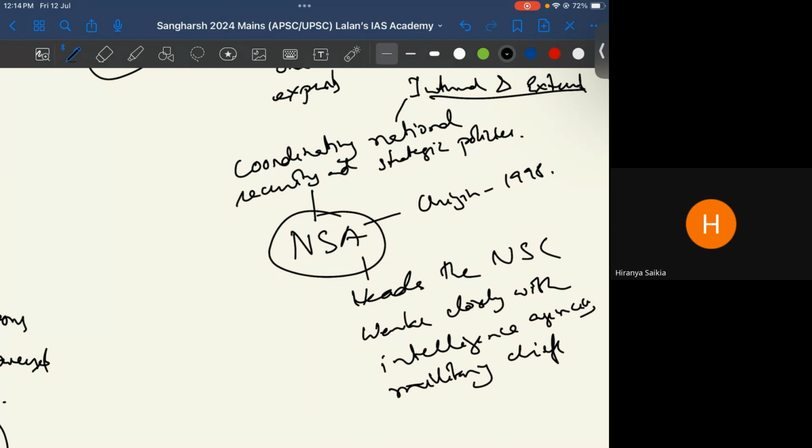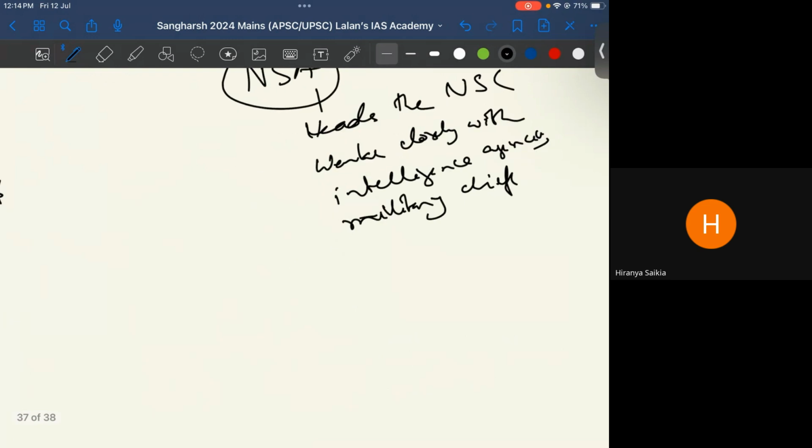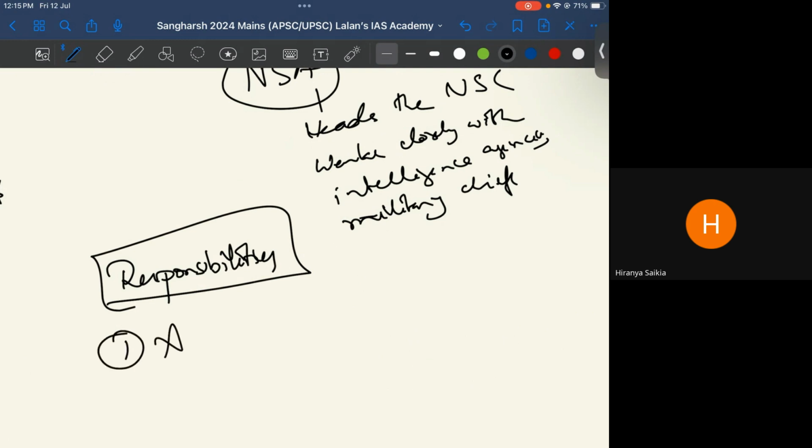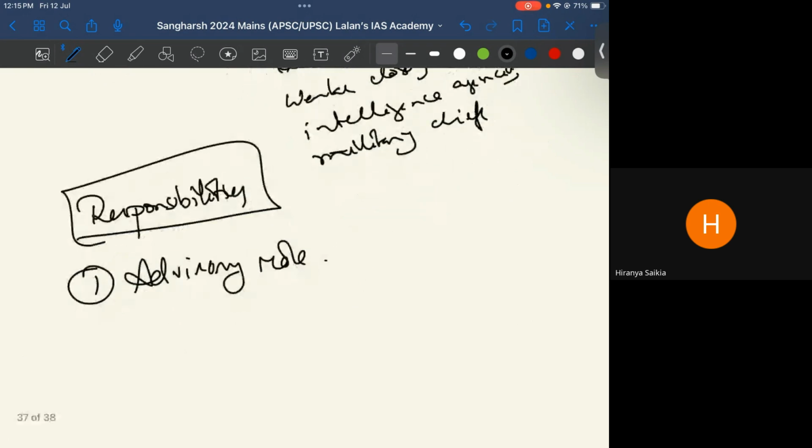the policies. এতিয়া মানে if you talk about his responsibilities, প্ৰথমটো he has the advisory role. So he provides strategic advice to the PM with issues of national security. In fact, এতিয়া China ক্ষেত্ৰত ডোকলামৰ পিছত যেতুৱা হৈছে, sorry, Galwanৰ পিছত যেতুৱা হৈছে, the negotiation is done at an NSA level only, na. I hope you know this, na. China যেতুৱা border negotiation হৈছে, Doval is the point person for India. I hope you know that. It's not Jaishankar.